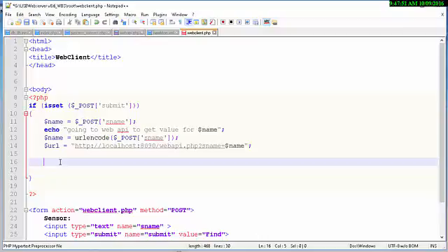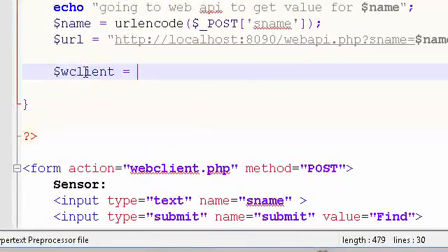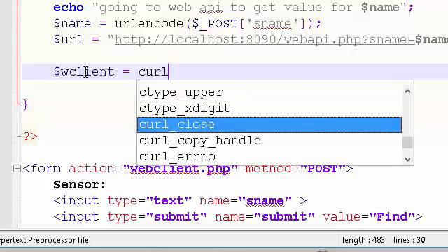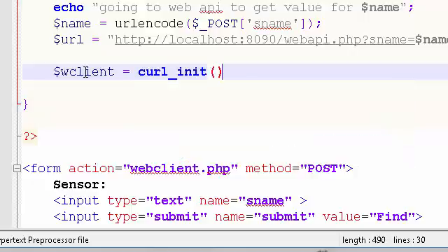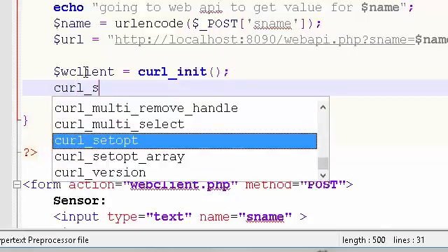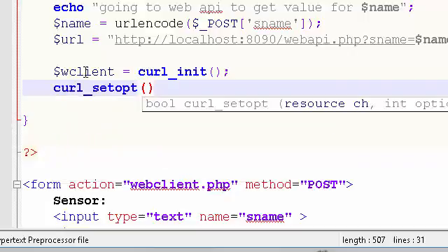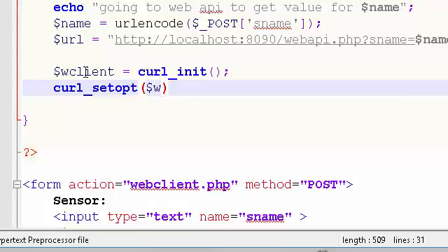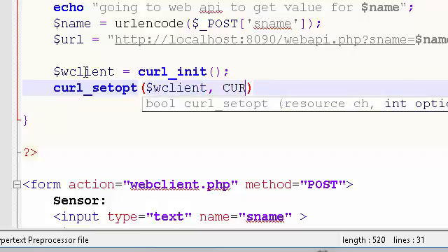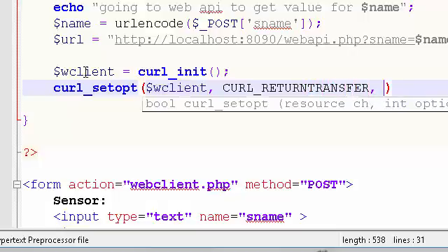First of all, you have to go to a tutorial and look up how you do CURL, but you do need to use the init. You get some helpful hints when you start to type. You need to set the options, which is pretty weird, so you have to look those up. I'm not going to go into the ins and outs of those right now, but this is to ensure that the data is returned back,